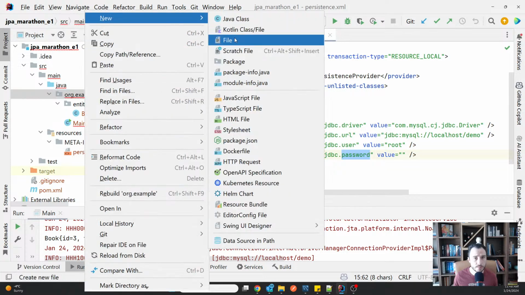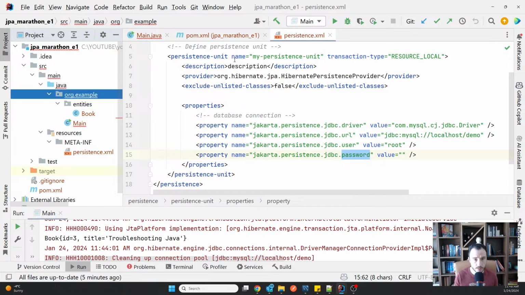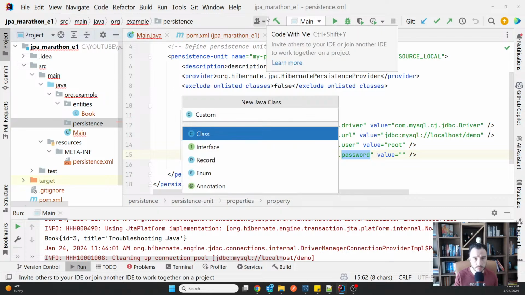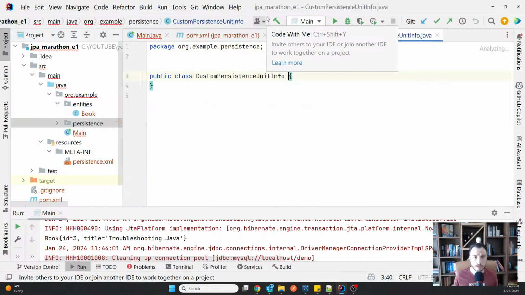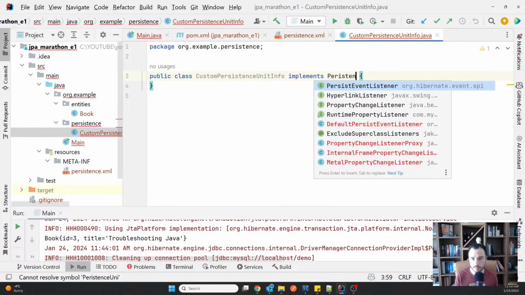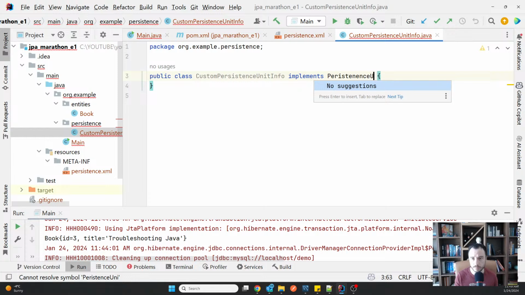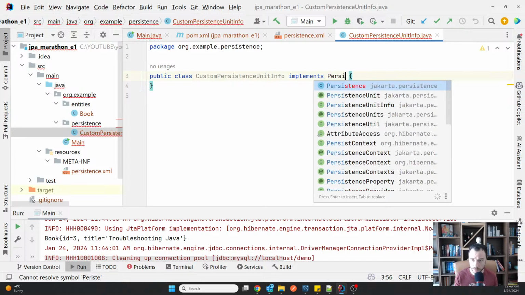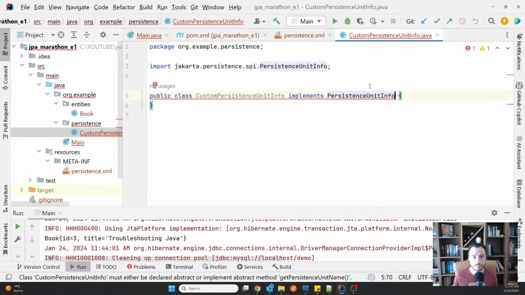So let me create a separate package for that, and inside this separate package I'm gonna say CustomPersistenceUnitInfo, and I will make this class implement the PersistenceUnitInfo. Okay, finally.